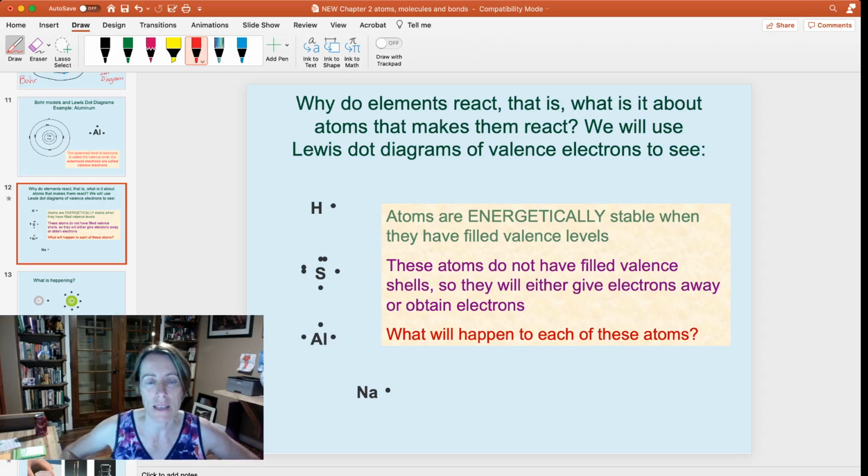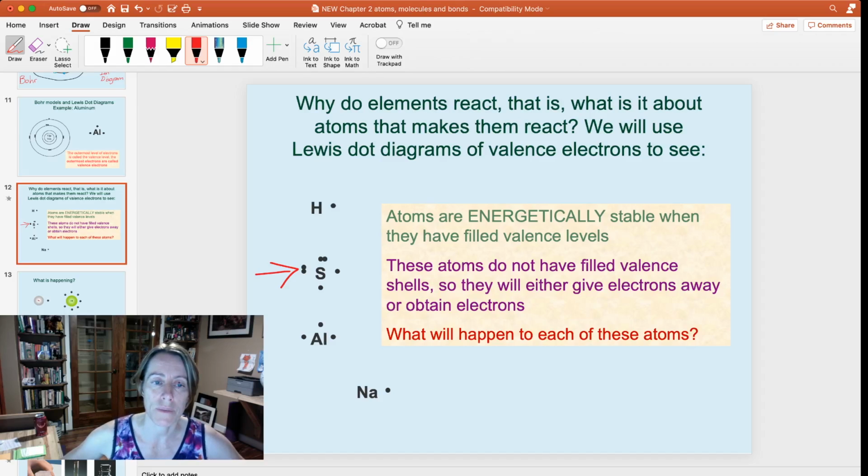Now on this slide here, you can see, let's see, there's hydrogen right here, sulfur right here, aluminum right here, and sodium. And these are Lewis diagrams. So we can see the valence electrons for each one. And for each of these atoms, they are not stable. So let's look at sulfur, for example. Sulfur right here. Sulfur has 1, 2, 3, 4, 5, 6 valence electrons shown here. And so the full shell would have 8, not 6. And so sulfur is not stable